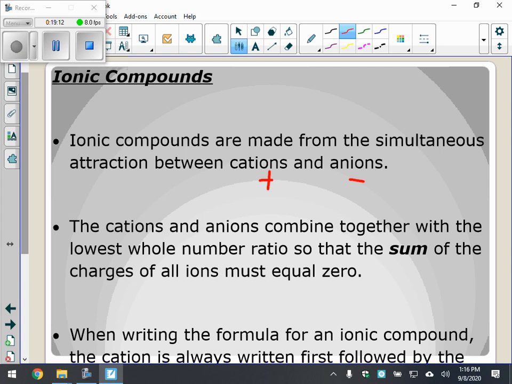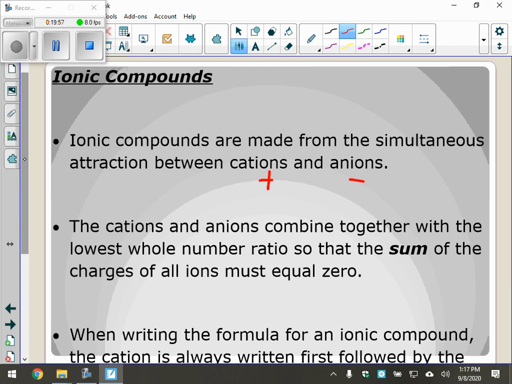Actually, what shape do they form? Do you remember from Science 10? It's a cubey looking thing. What do we call that? What shape? Come on, Science 10, you should know this. How about a crystal lattice? Yes, which is an alternating three-dimensional array of